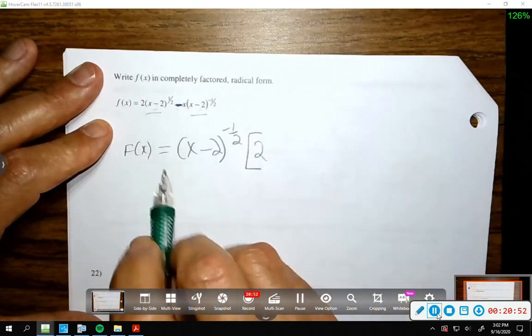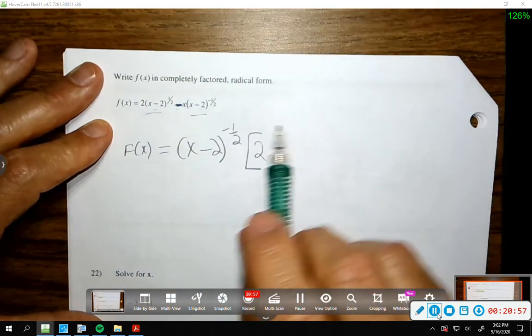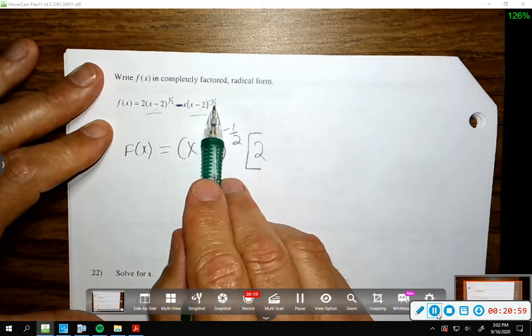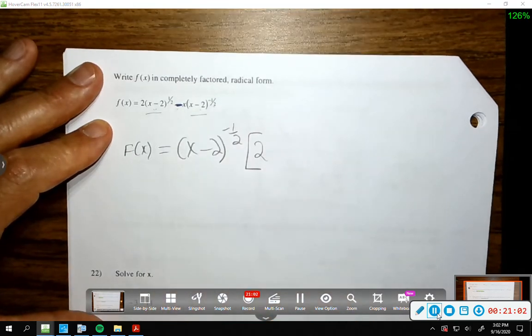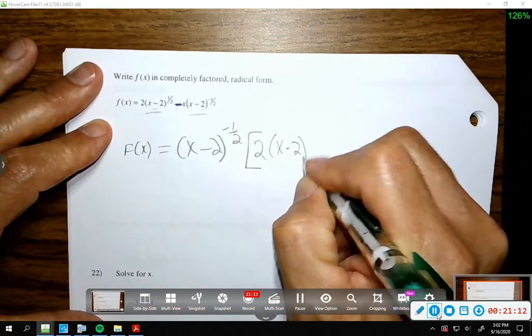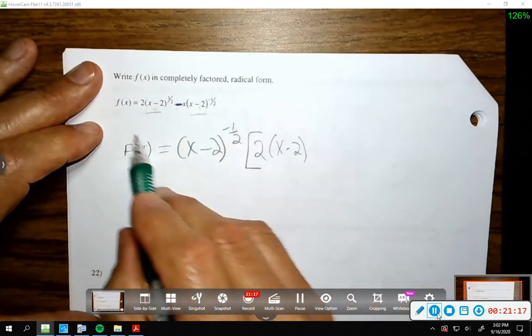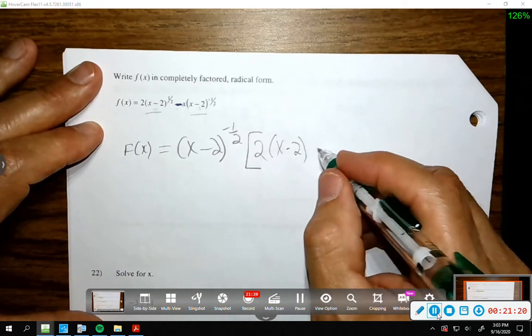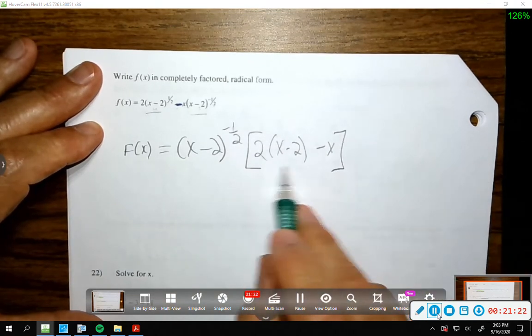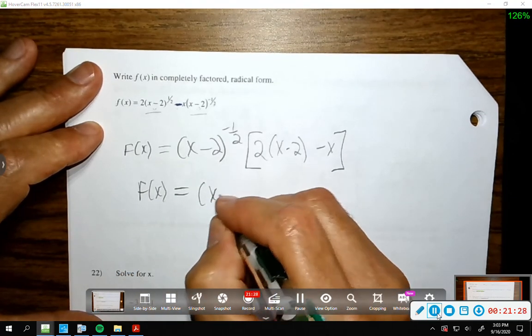But how many x minus 2's are going to be left? I always take the larger exponent and subtract the smaller to figure out how many are left. 1/2 minus negative 1/2 is 1/2 plus 1/2, or 1. And when you're taking derivatives, it's always going to be 1. When I pull this out front, that's already out front, I still have an x left. Now I can simplify this down. X minus 2 to the negative 1/2,